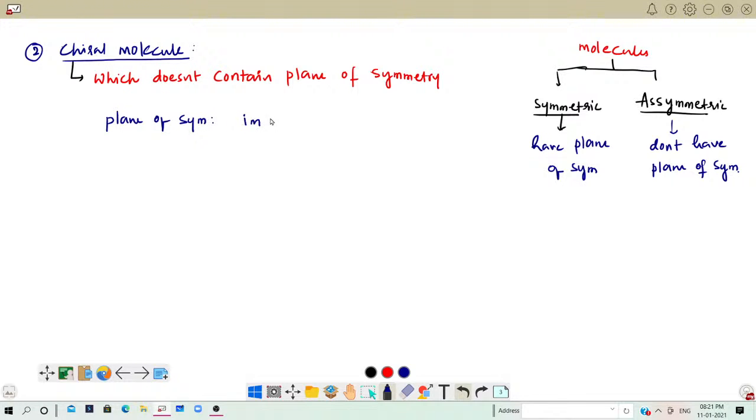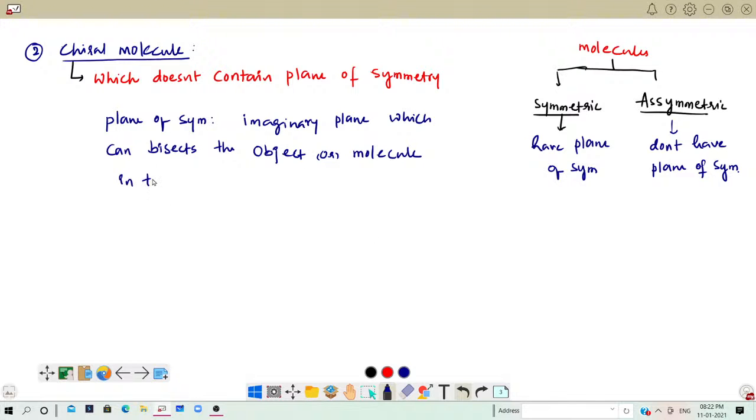An imaginary plane which bisects the object or molecule into two equal halves. Into two equal halves. So that is said to be